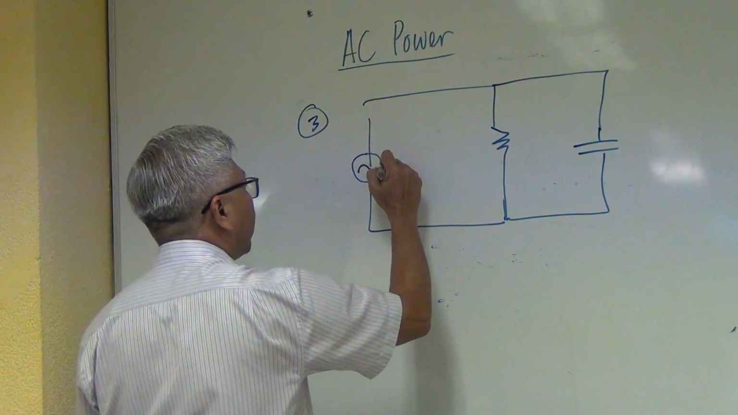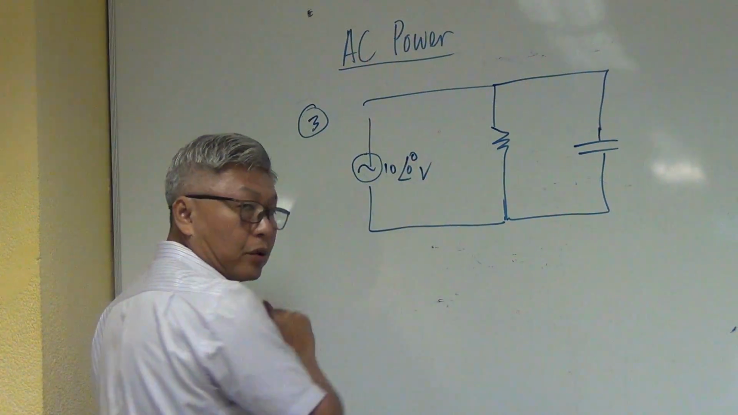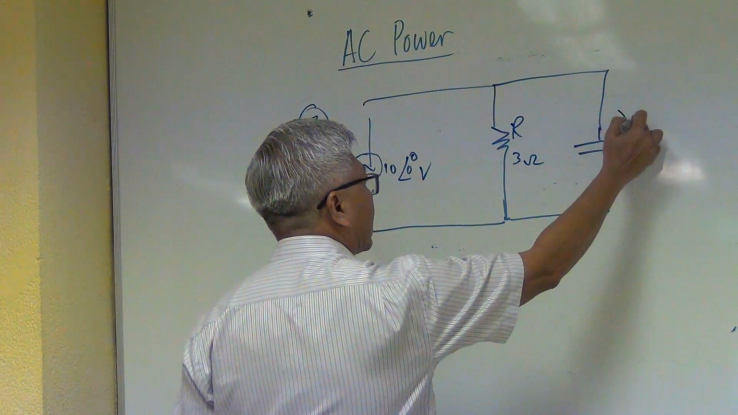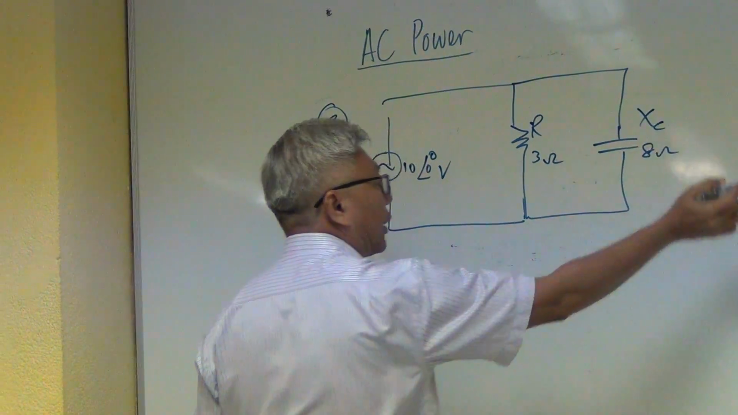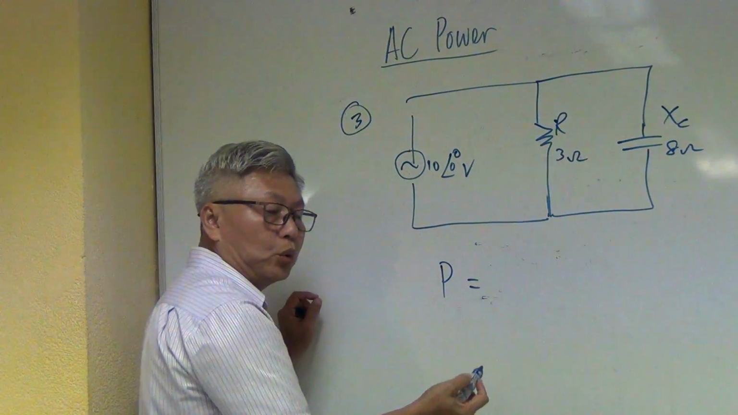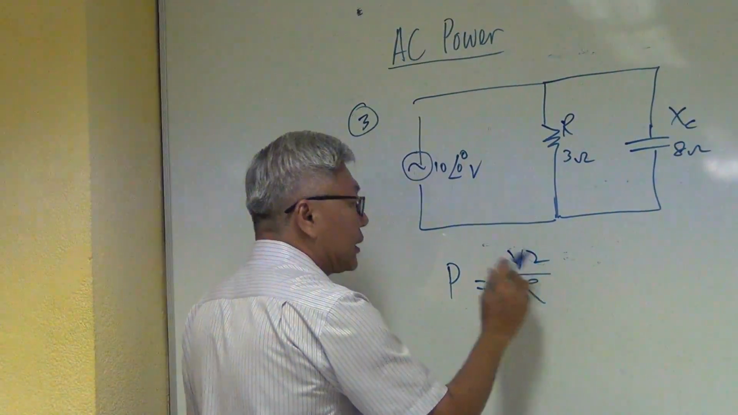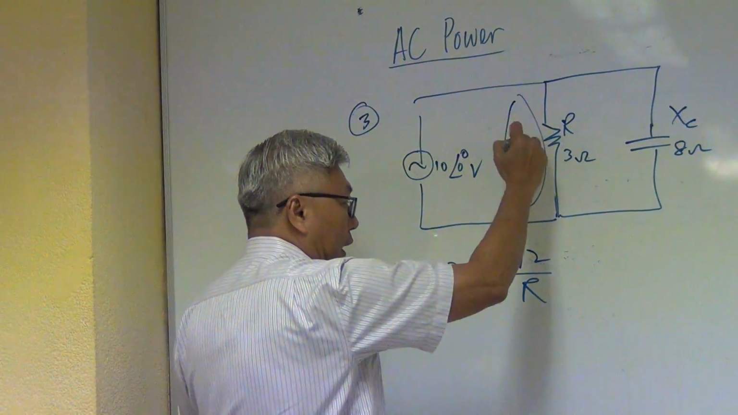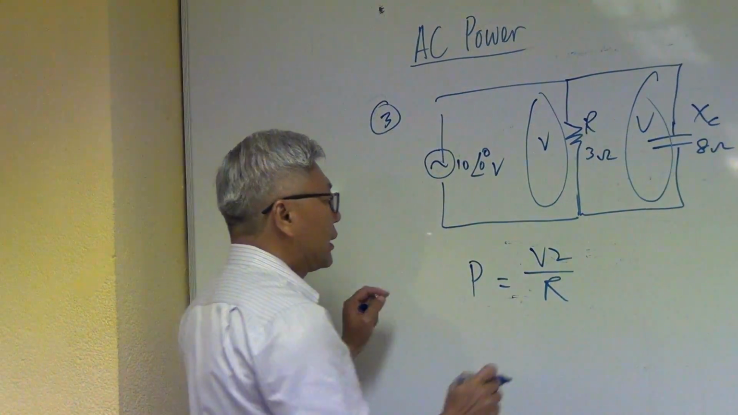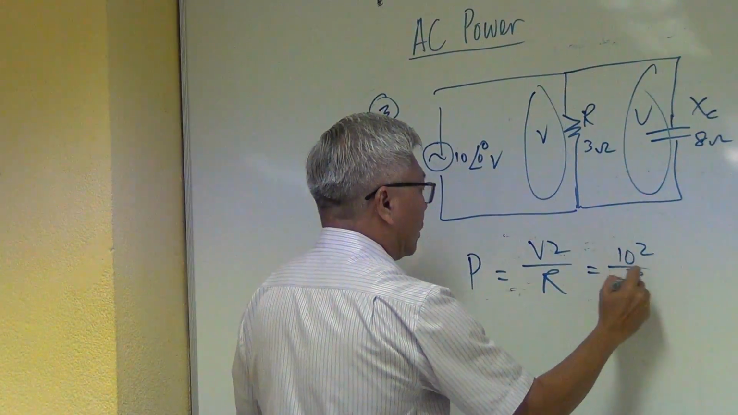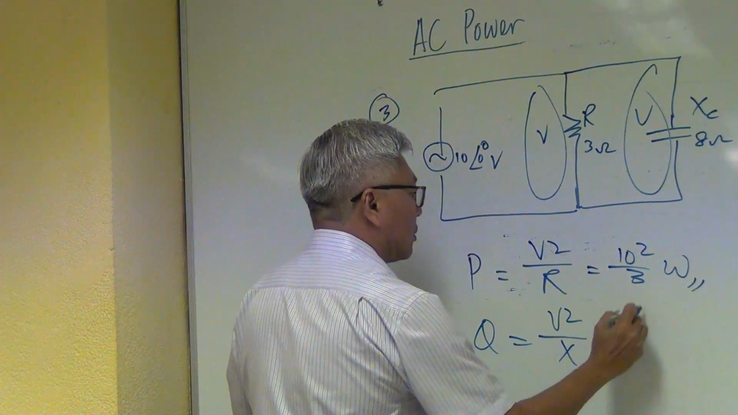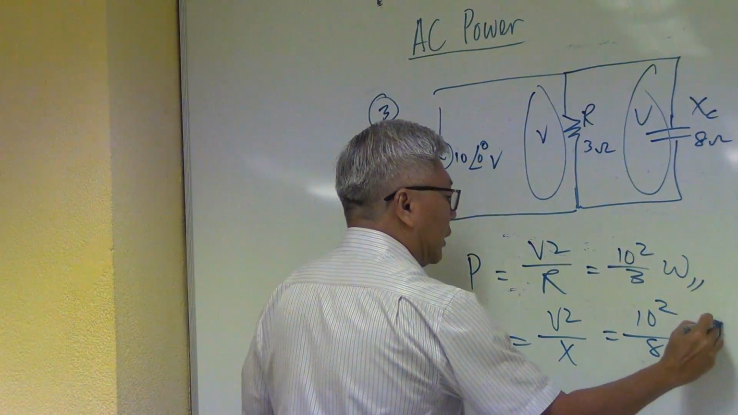Alright, say for example this is 10∠0° volts, right? And then this is a resistor 3 ohms, and this is the inductance 8 ohm, for example. Now again, you can use the formula P equal to V square over R, because this is the parallel circuit. You know the V here, you also know the V here. It's parallel, 10 volt, 10 volt, 10 volt. So you can say 10 square divided by 3 watt. Right? And the Q is equal to V square over X, so it's equal to 10 square divided by 8